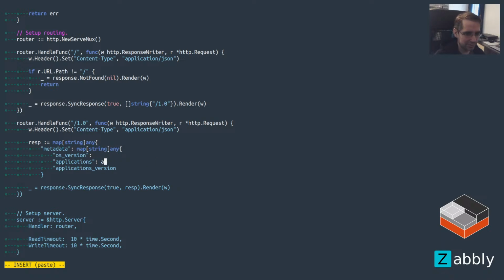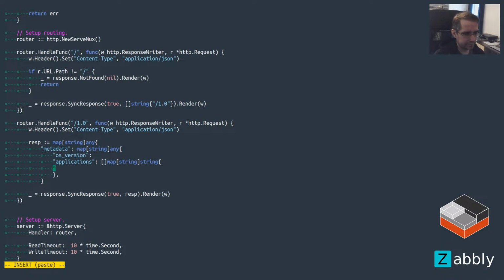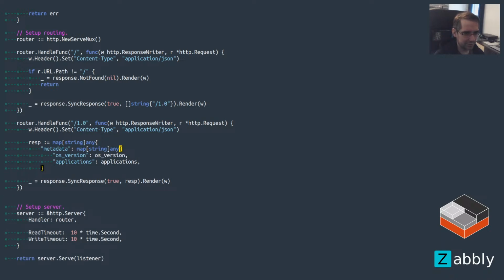So then applications is more structured and is a map. It's a list of map string, I guess. That should be fine. Let's do something like that. So slice of maps. Well, I should just pass the applications here, I guess. Applications and OS versions. We just need to actually have the data to pass into that struct, which then